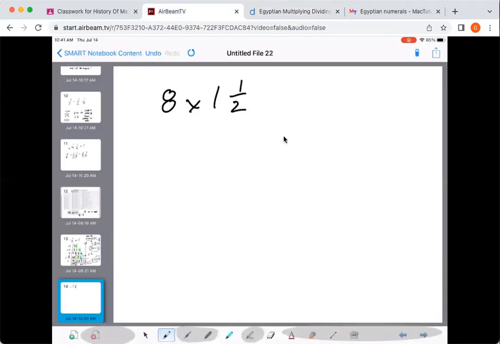Now, if the mixed number is on the right-hand side,